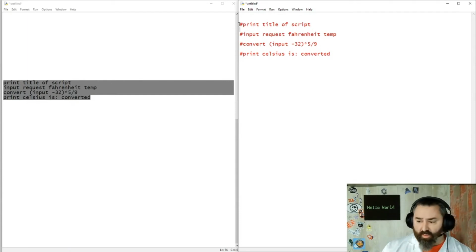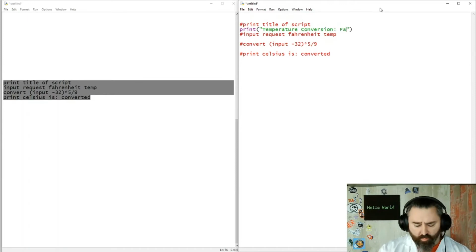Let's talk about print the title of our script. Why is that a good practice? Well, when you run your script, you want something to come across on standard output on the screen to go, hey, this is our conversion, right? So print, really simple. And we're going to dive into what these commands are and what they do later on. This is just where you go from pseudocoding, right? Temperature conversion, and we'll do Fahrenheit, spell it right, to Celsius.